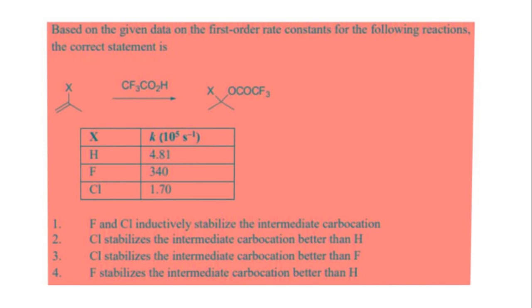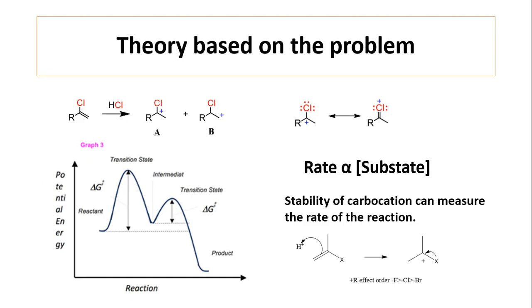In presence of hydrogen the rate of the reaction becomes 4.81. In presence of fluorine the rate of the reaction is 340, and with chlorine the rate becomes 170. From this problem it has been shown that fluorine stabilizes the carbocation compared to hydrogen and chlorine. The basic theory of this problem is that at first the vinyl halide adds